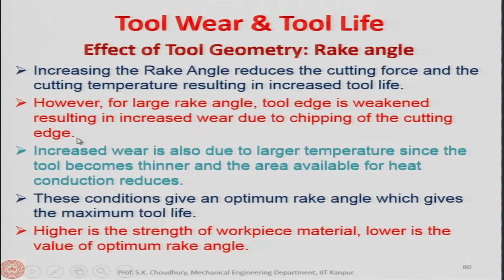the cutting edge. So, what we mean to say is that this is the initial rake angle, all right, and if we are increasing the rake angle, let us say in this way, this will be alpha 1. So, alpha 1 is more than alpha. In that case, the cutting angle, which is this, is decreasing and the tool is becoming weaker. Okay. Tool is becoming weaker, it means that the tool edge is weakened,